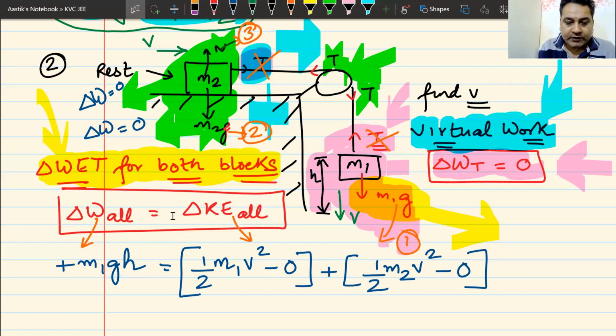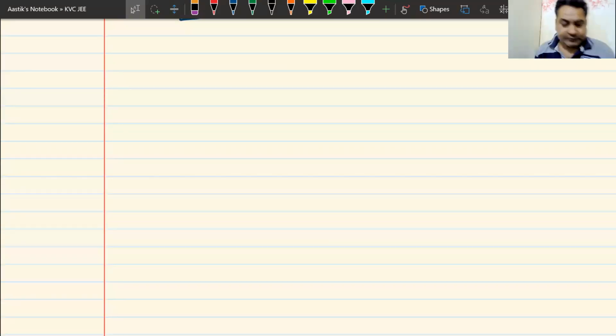Chalo. Now, we are done with the work energy theorem. The name of the chapter is work, power, energy. Power is still remaining. We'll do power at the end of the chapter. We are still on energy. On energy, we have done kinetic energy. We're also supposed to do one more type of energy. And what is that energy known as?